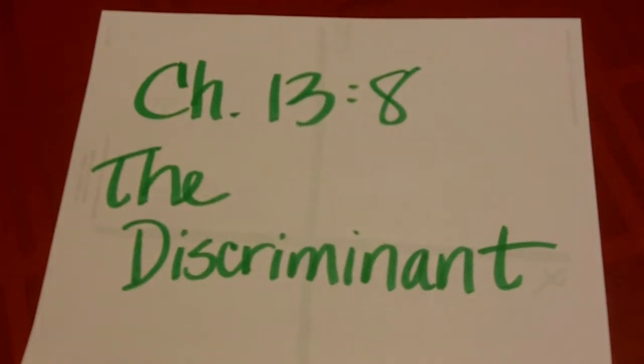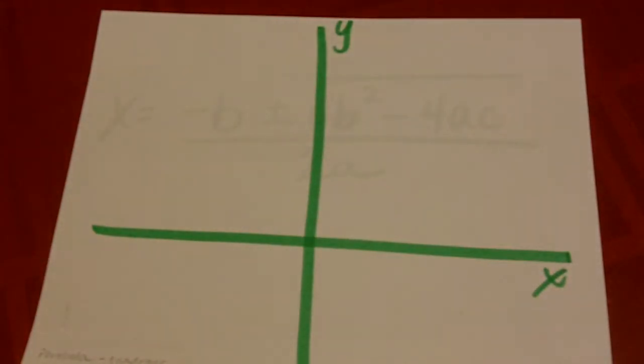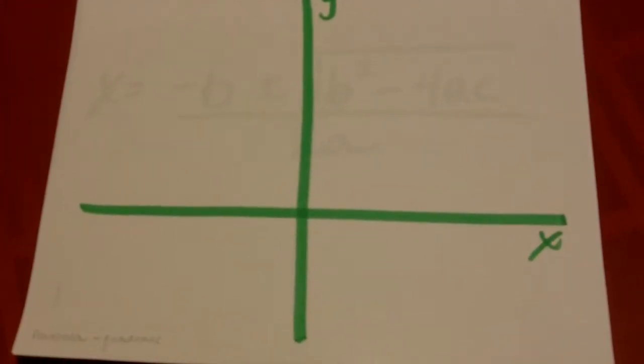Today's lesson is Chapter 13, Lesson 8, and it is called the discriminant. It is the last portion of Chapter 13 that we will be studying together. If you remember, every time we have talked about quadratic equations, I have tried to point out to you that